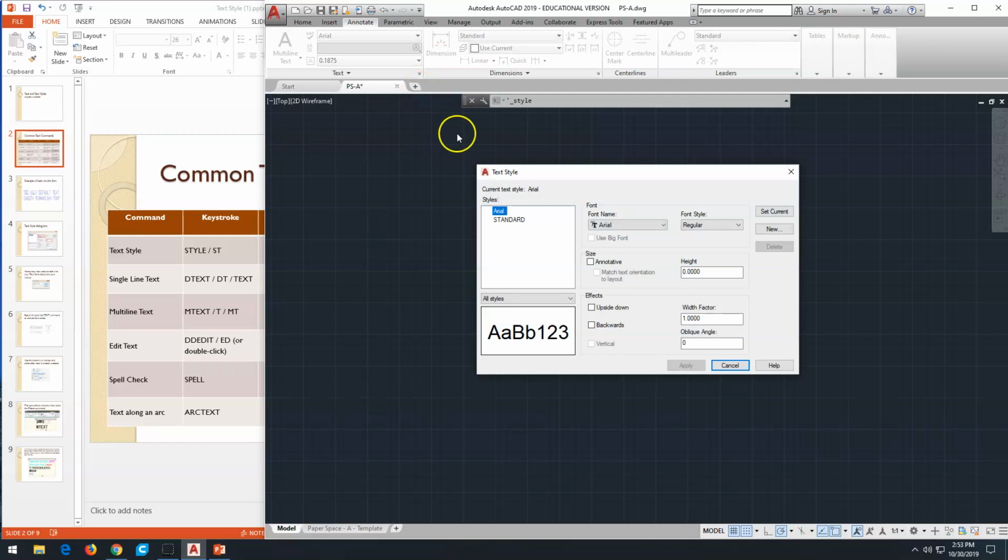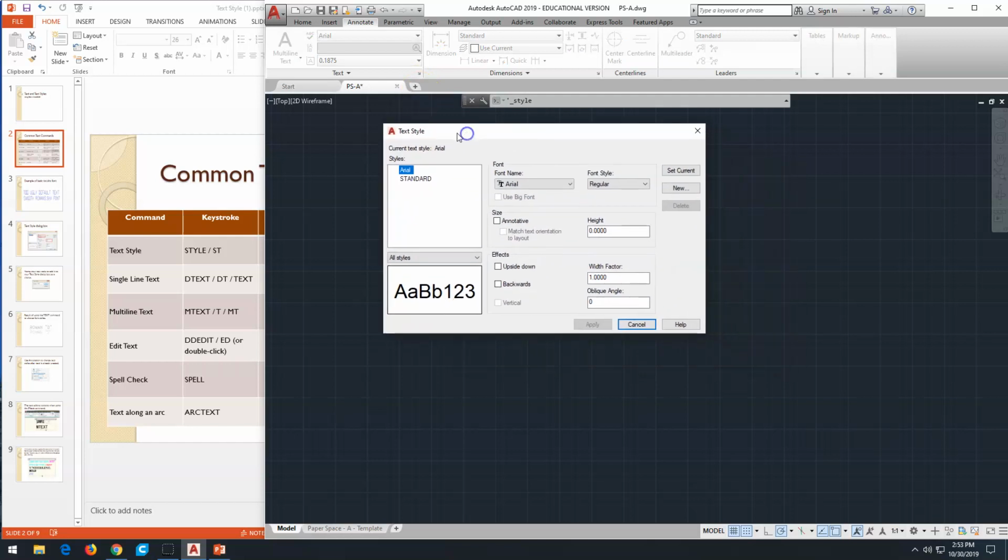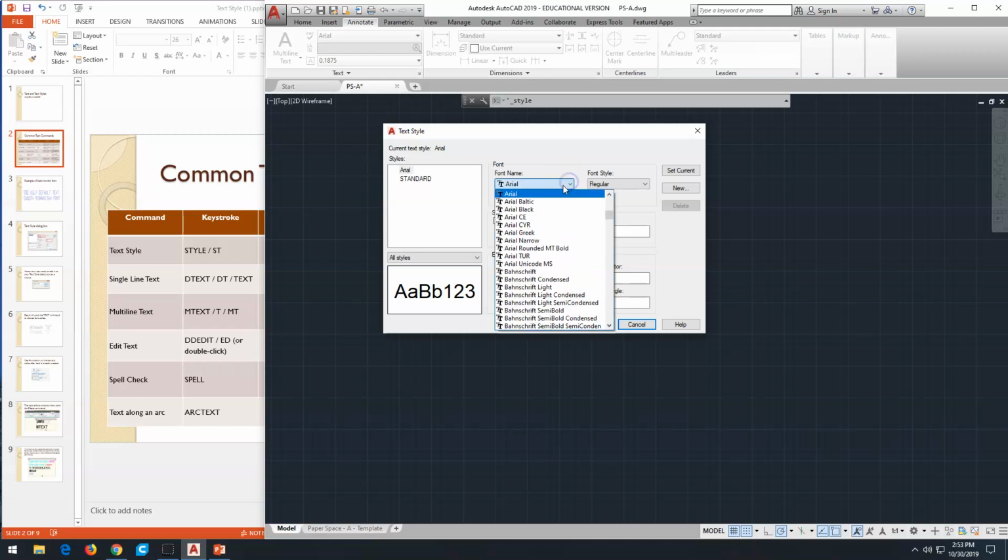So for text styles, what we're talking about is setting up a style that has a font associated with it, and whether you want that to be regular or bold or italic, if you want it to print upside down, backwards, or vertically. The only fonts that will print vertically will be fonts that end in an SHX, so .shx